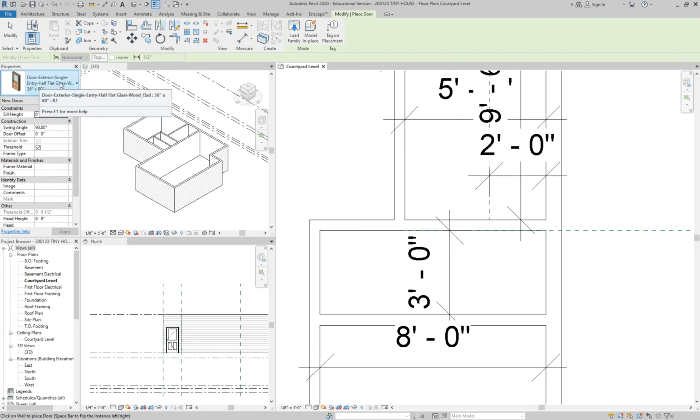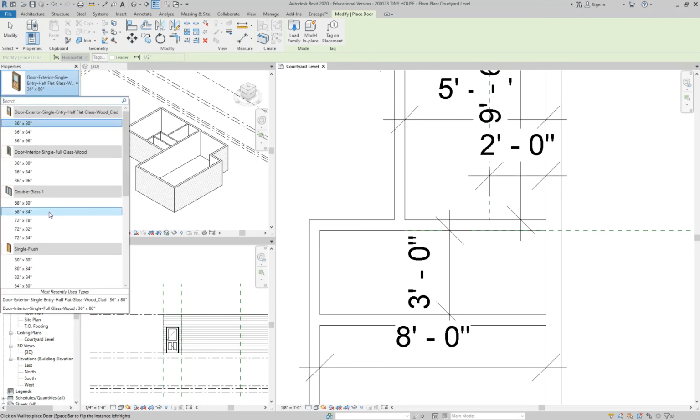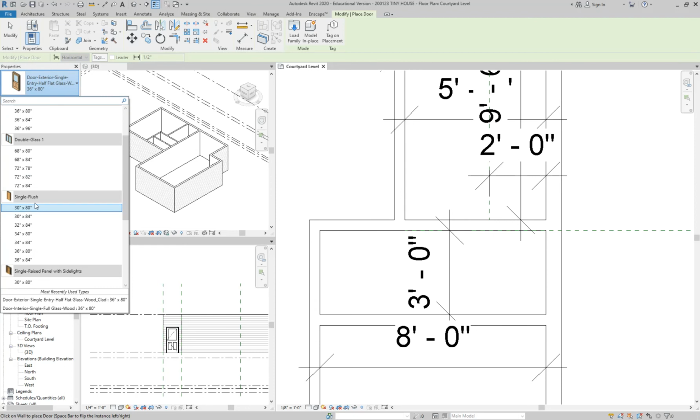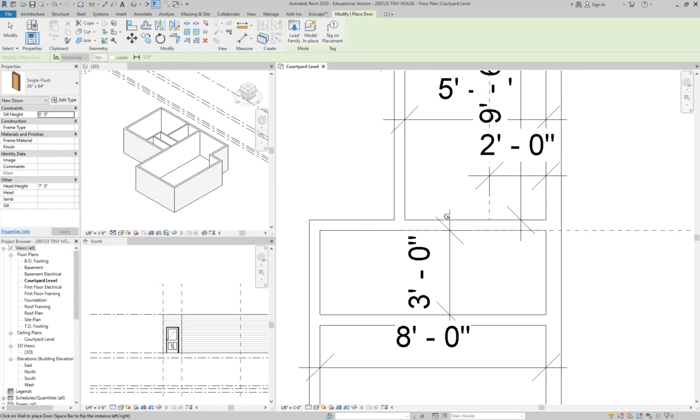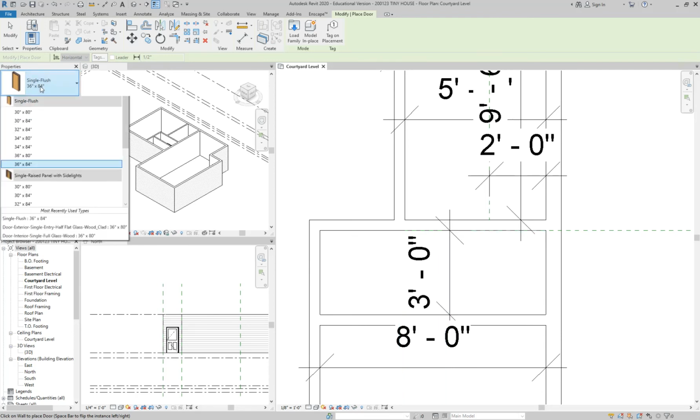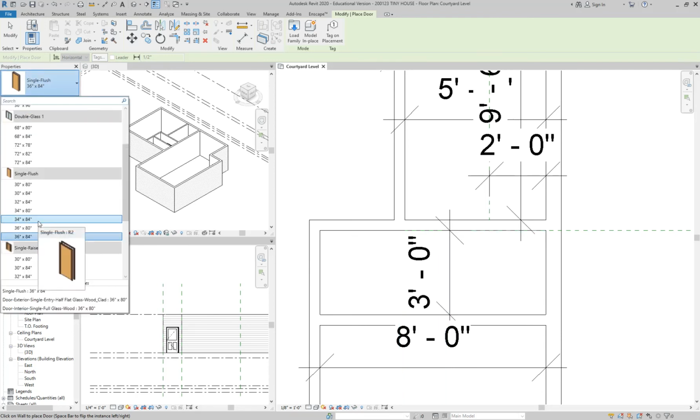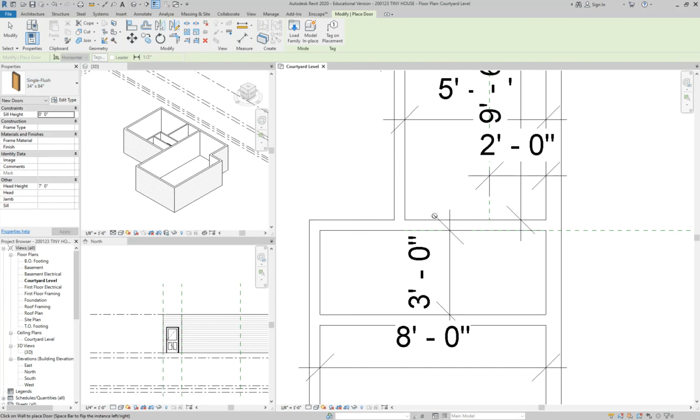So I'm going to change it from the exterior single. I'm going to go to single flush. Is that what you guys did? Okay, I'm going to go single flush. And I said I wanted to do a 36-inch door. Let's see if it's possible. No. I mean, maybe, but no. Okay, so I'm going to go down to the next size, which would be a 34-inch door. Again, super tight, but I'm going to take it. Oh, really? No,